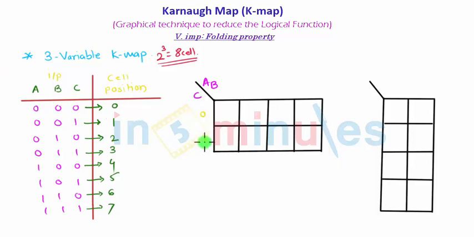while AB can take 4 combinations. What 4 combinations can AB take? 0 0, 0 1, 1 0, 1 1. Okay, and don't forget to write down the MSB and LSB bits. So I will write down MSB and LSB at C. How will you define the MSB and LSB bit? This is according to your truth table or the question provided to you.